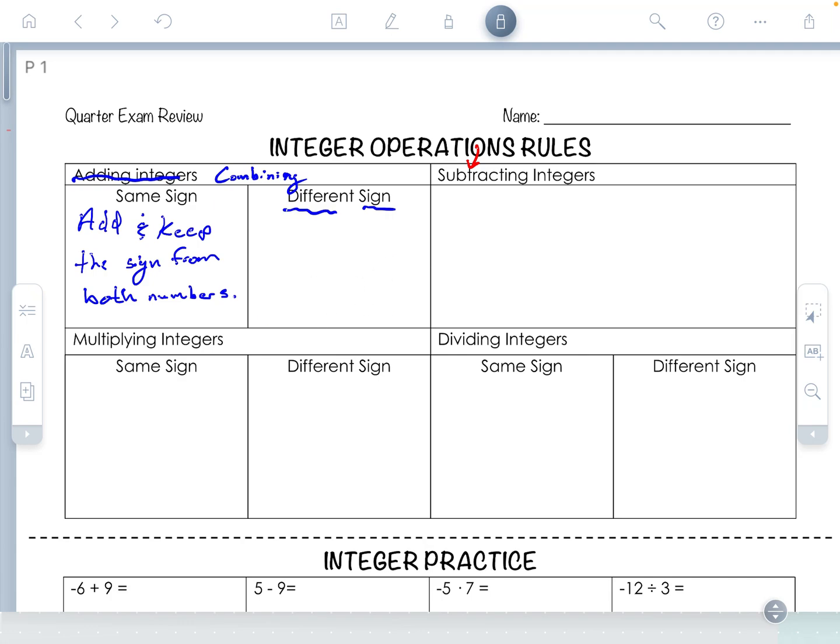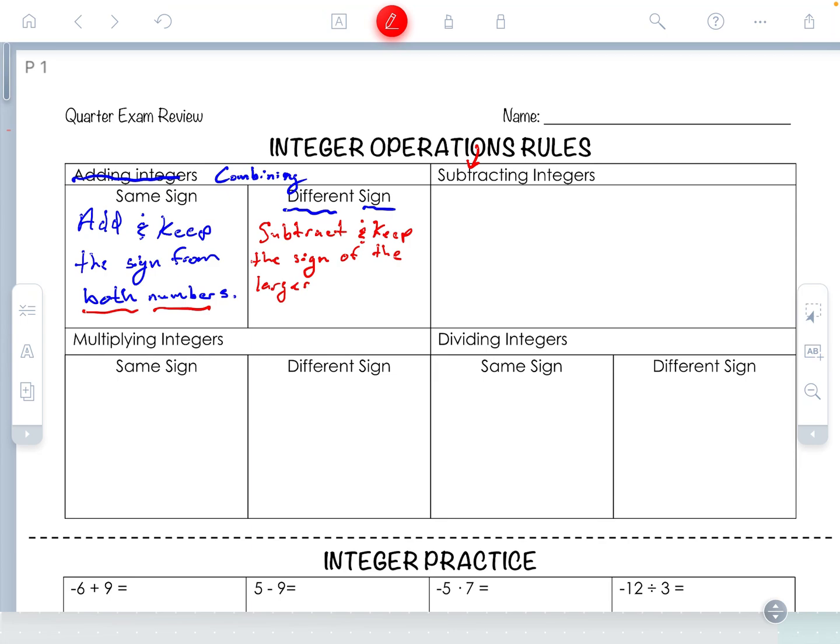What are the rules, guys? The rules are if they're different signs, I'm going to subtract and keep the sign, not of both numbers. See how this one says both numbers? We're going to keep the sign of the